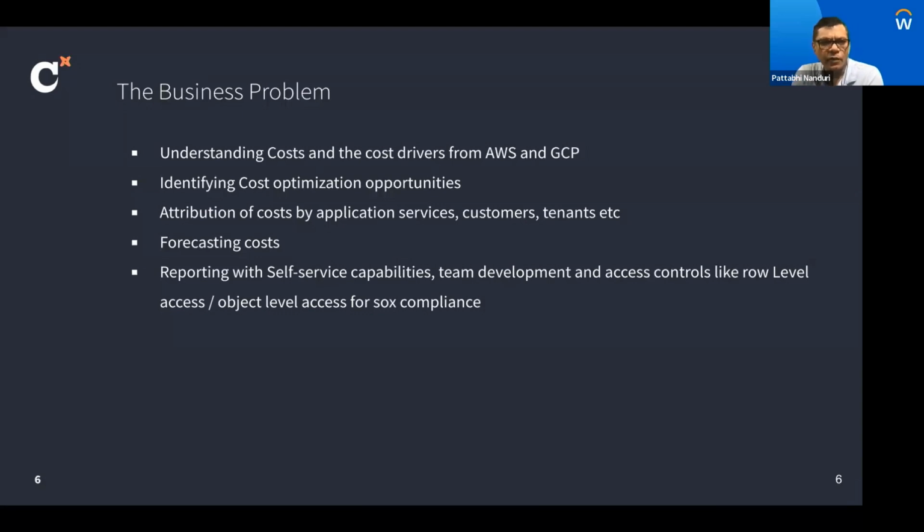We also had the problem of identifying the cost optimization opportunities, like right-sizing the instances, wastage elimination, and also managing savings instruments like reserved instances, savings plans, etc. We also have to do attribution of costs by teams, by application services, by customers, by tenants, etc. We also have to do forecasting of the costs for the future spending, for future spending, and we also have finally reporting necessity with self-service capabilities, team development, access controls, which are at a row level access and for SOX